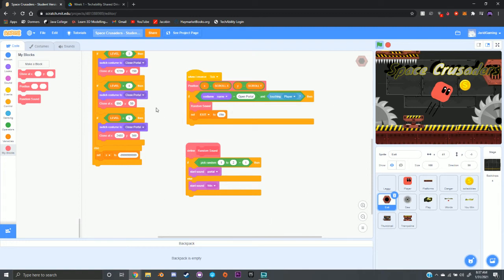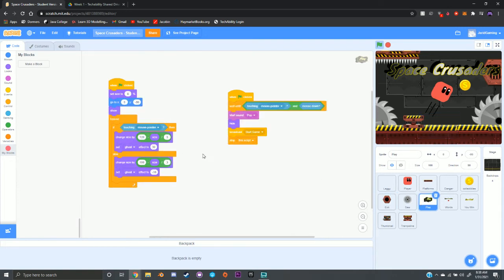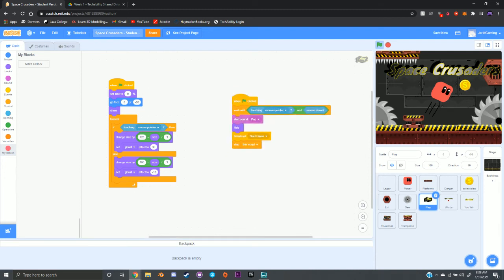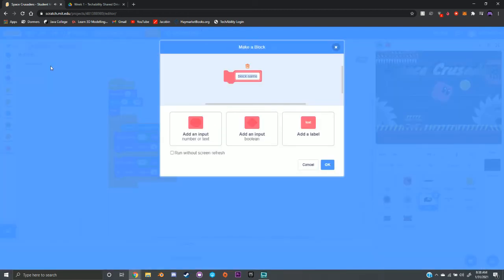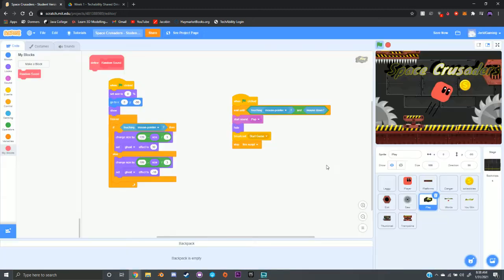Once you guys have finished the exit, we're going to go ahead and go to the play sprite, which can be found at the bottom right hand corner. Select that, and we're looking for this block of code here where it says start sound pop. We're going to go to my blocks, which is the red color. Click make a block, and we're going to name it like the others, random sound. Press enter and OK. You'll find this define random sound